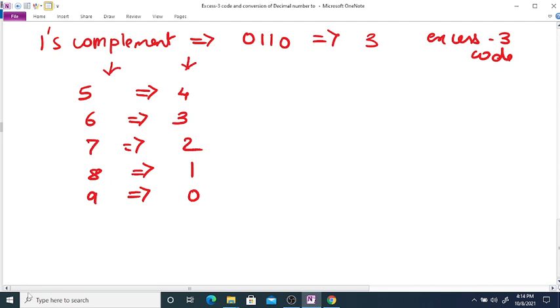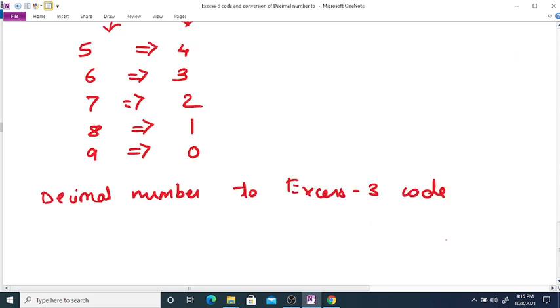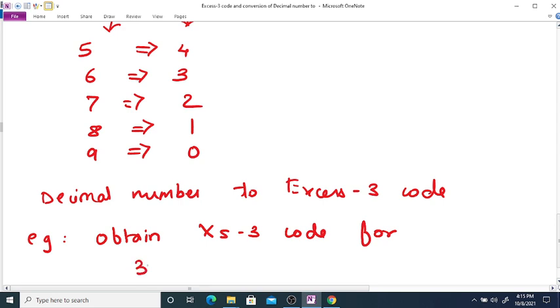Now we will see how to convert a decimal number to XS3 code. We will see an example. Obtain XS3 code for 326 decimal.